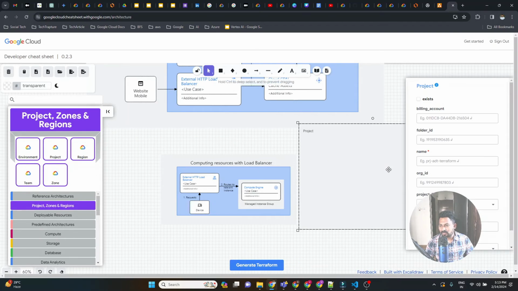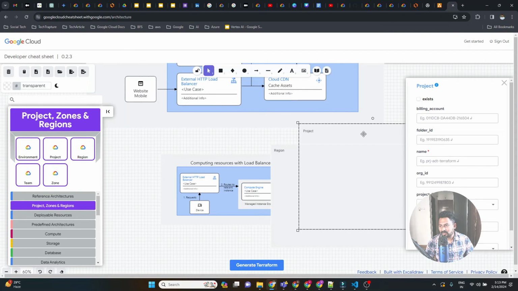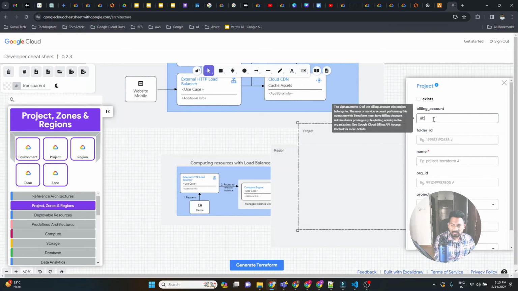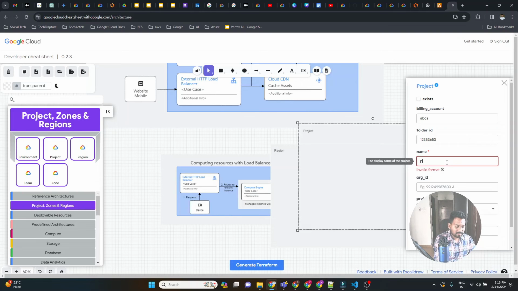So this is a project and I want to create region, so I can create region. There are multiple options available. You can just put a project name, billing account, folder ID, and it will... suppose the billing account I am creating, ABC something, folder ID 123, numeric, I will put 123 for something, name of the project PRJ ABC,